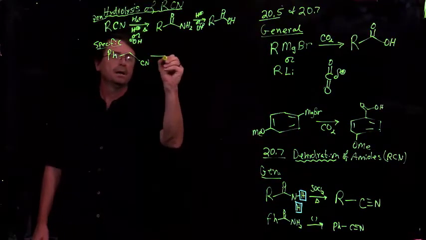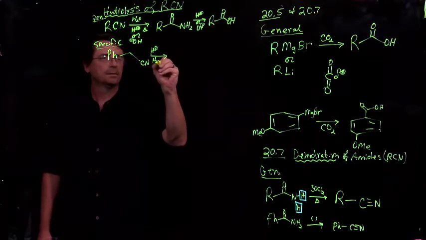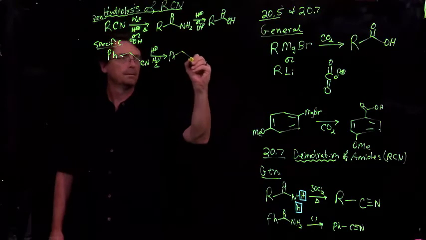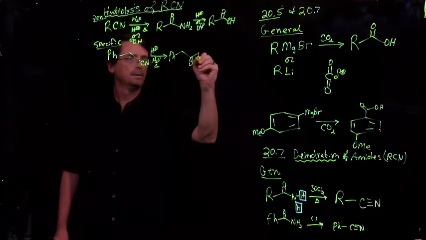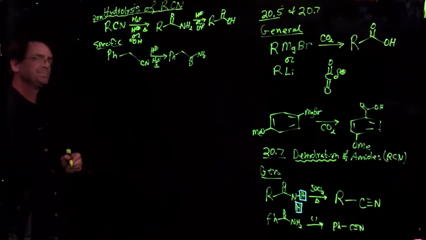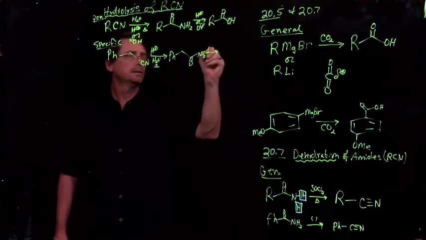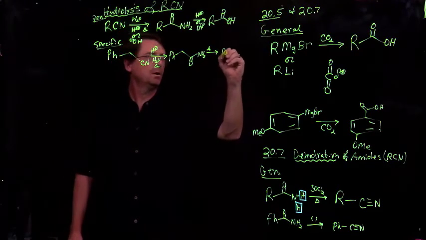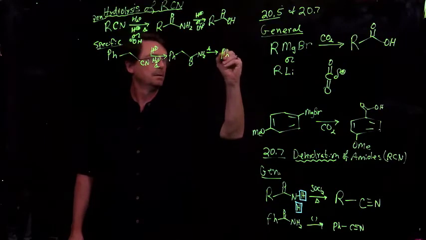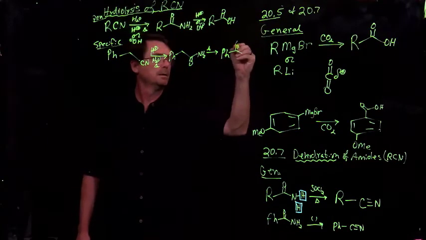If we hydrolyze this, first gently with acid, we would produce this amide. And if we continue then, heat it further, we can go on to the corresponding,